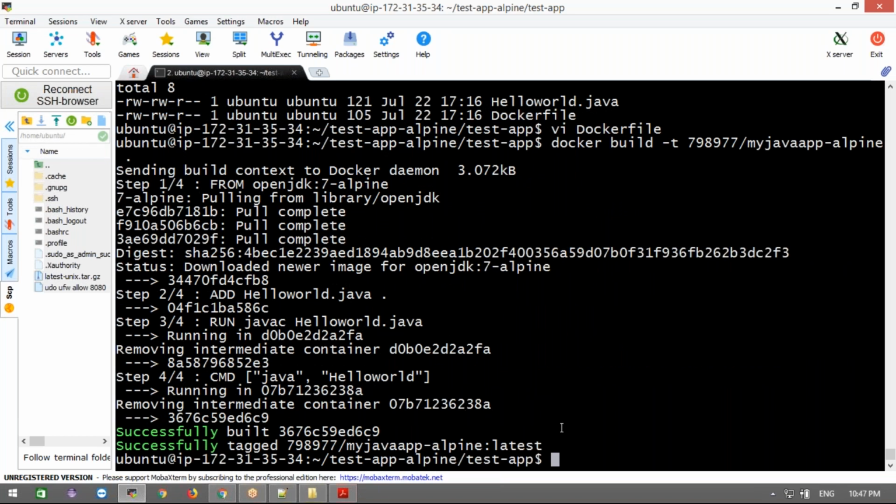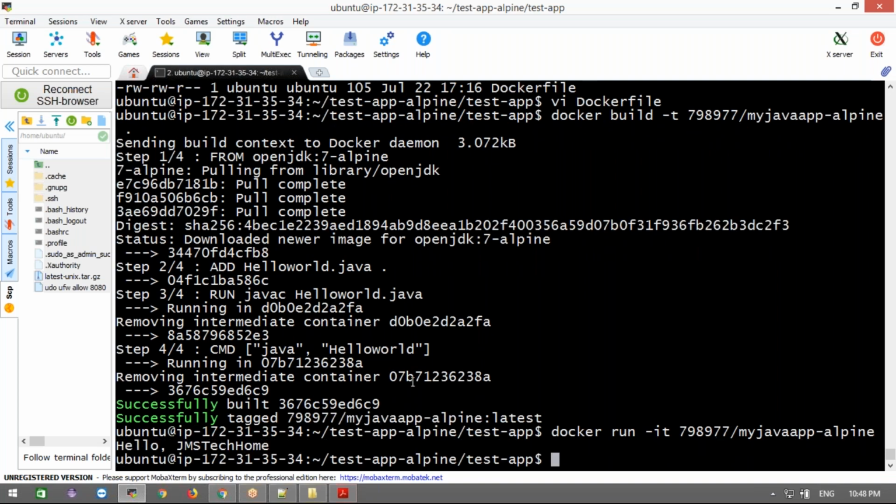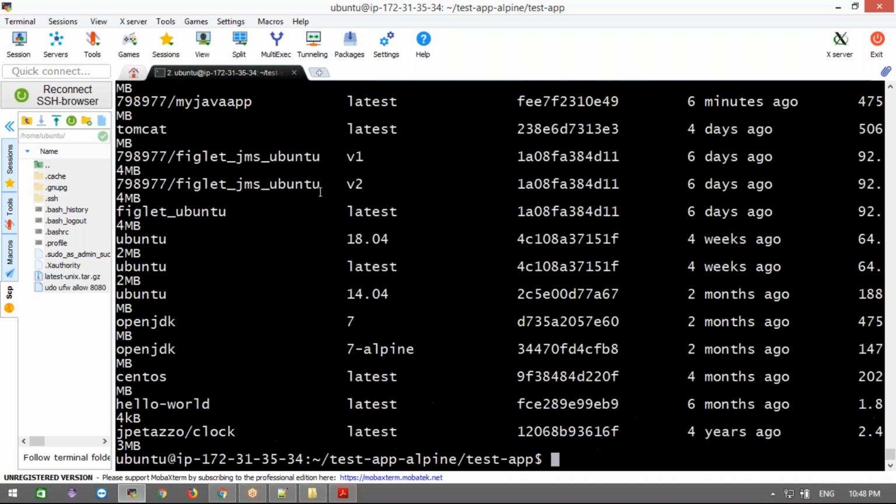If I run it, the output will be the same. Nothing will change. If you want to run, docker run -it; if I'm not giving the name, what will happen? It will take a random name. The output will come the same, but you want to find some difference between that image and this image.